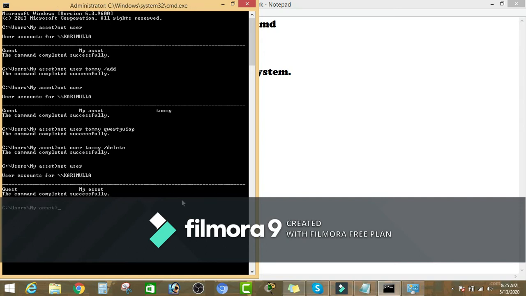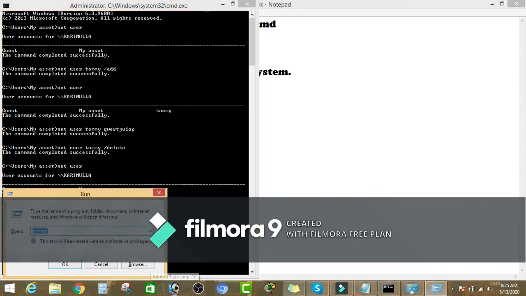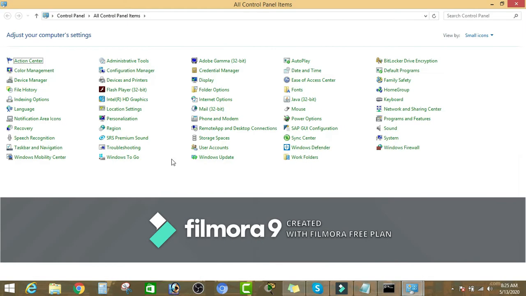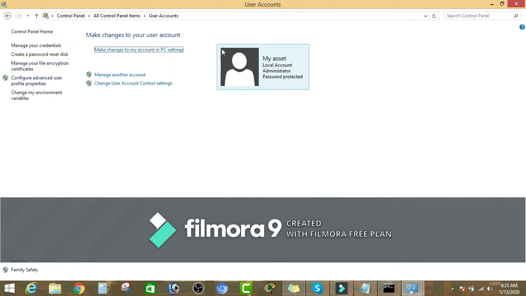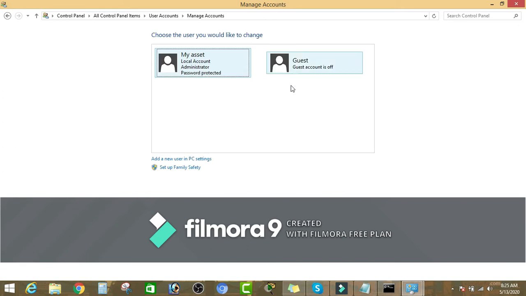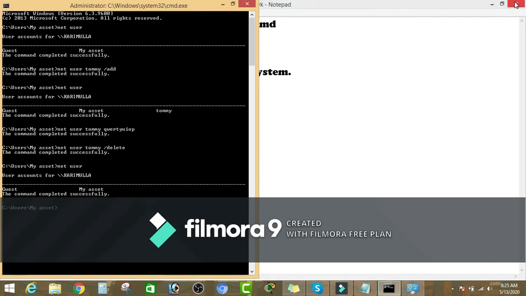The Tommy account has been removed now. Previously we saw this Tommy account here. Now after delete there is no Tommy account, and in the control panel also we can see the Tommy account is not there. Like this we can create or delete accounts and set the password for new accounts.